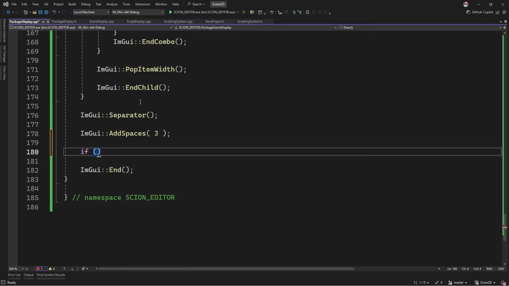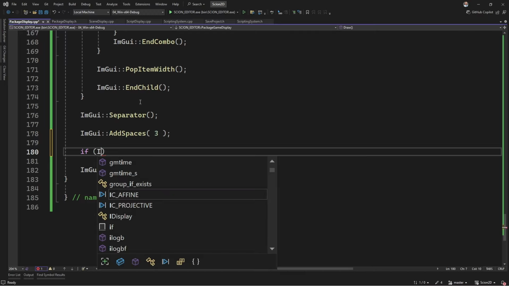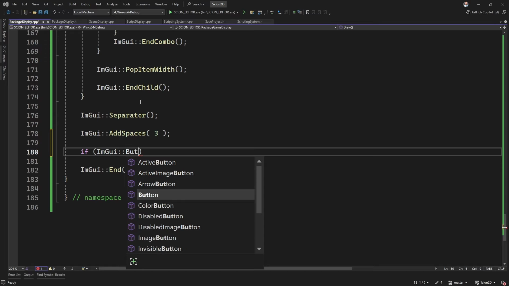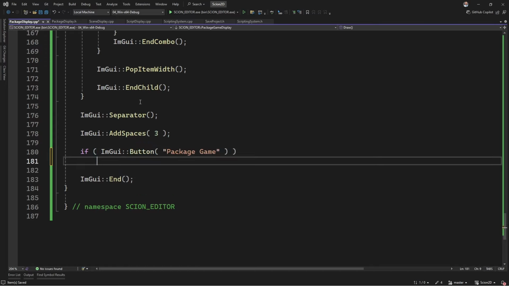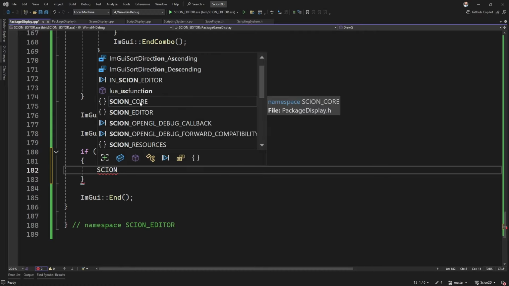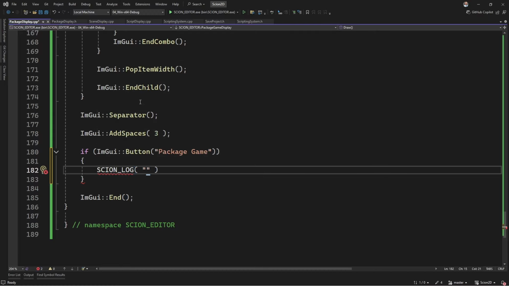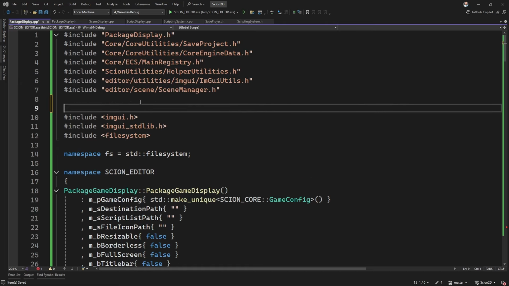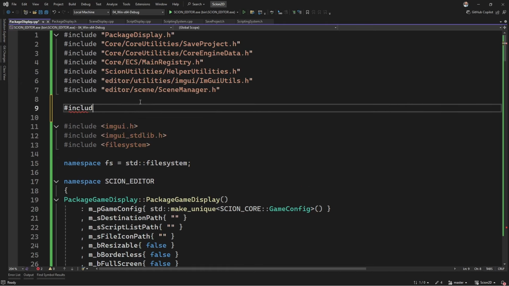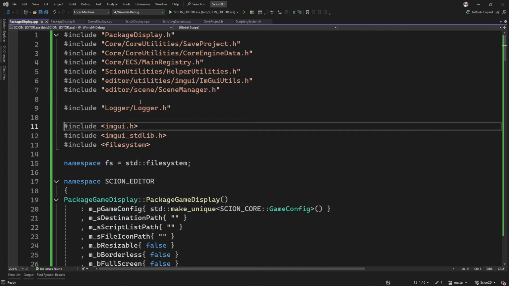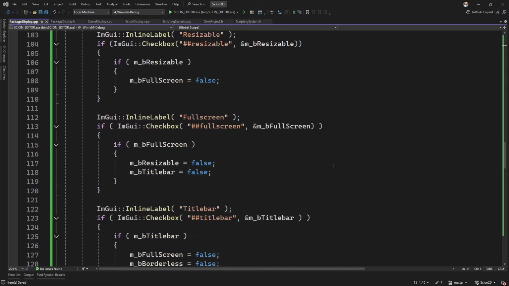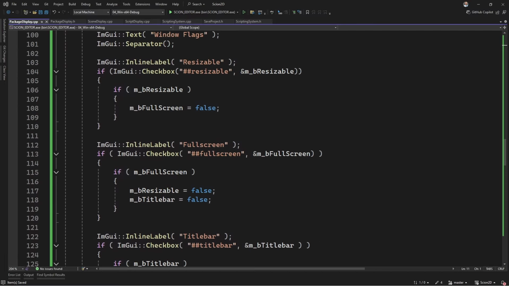It's going to be if ImGui button, package game. Cool. Scion log, packaged the game. We have to include our logger. Include the logger. Cool. All right. So that should build, but before we do, let's just add it into our